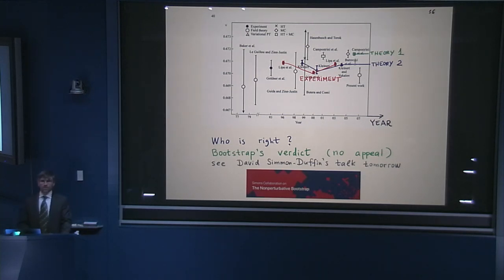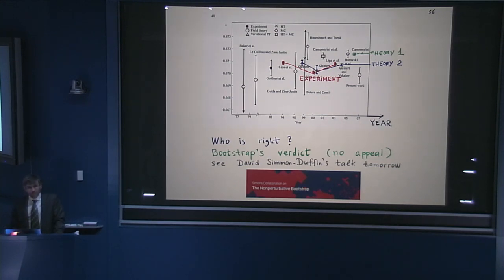And in physics, we count disagreement in standard deviations. For example, when the Higgs boson was discovered, it means that the hypothesis of absence of the Higgs boson was excluded at 5 standard deviations. That's the gold standard of discovery. So here the discrepancy is 8 standard deviations. It basically means total crisis. But for one group, there's a perfect agreement with the experiment. So what do you do? Who is right? Who is wrong?